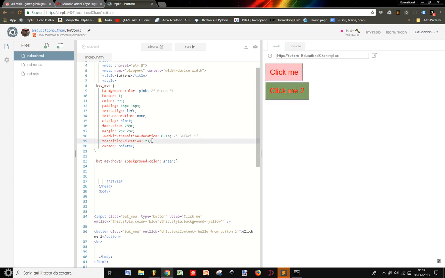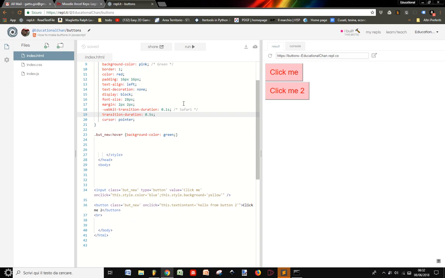Okay, so maybe it's too slow, but we now understand how it works, and I like it. Maybe 0.5 seconds. It's better, 0.5 or 0.4 like it was before. And the pointer, as you can see, it's a pointer when